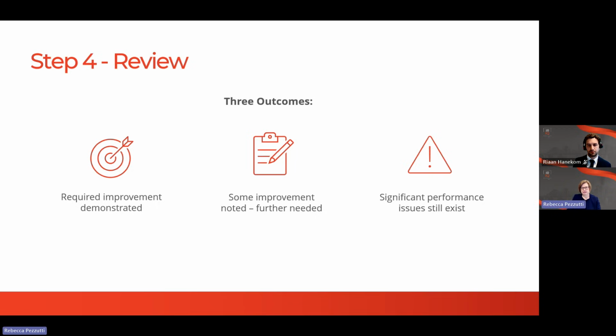And when you do check in, look for things that are improving. So rather than just looking for what's still not working, if performance has improved, acknowledge it. If there's been some improvement but more needed, it's an opportunity to explain that and potentially set out the pathway to addressing the remaining underperformance issues. And if there hasn't been sufficient improvement, this is the point where a more formal process, like a performance improvement plan, used as a tool, might be more appropriate.